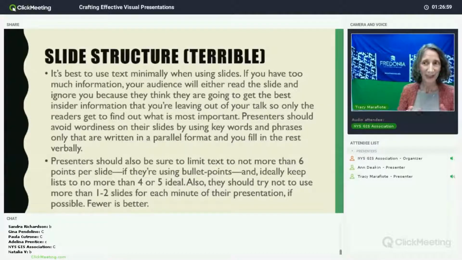Fortunately, this sort of word dump isn't that common anymore, but it does happen. This is not a useful slide. It actually acts as a barrier, or an obstacle, between the presenter and the audience. Unfortunately, it sends the message to the audience that the speaker doesn't actually want to present. They want the audience to read the information, so they don't have to stand there and talk with them and relate to the audience. So this is kind of an obstacle that we don't want to have.